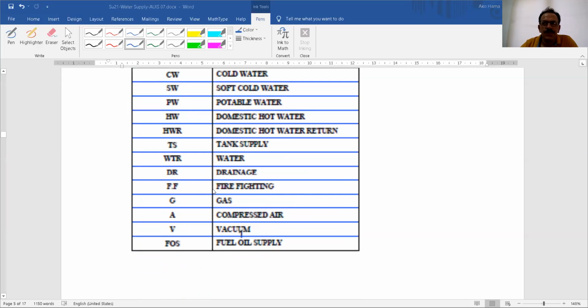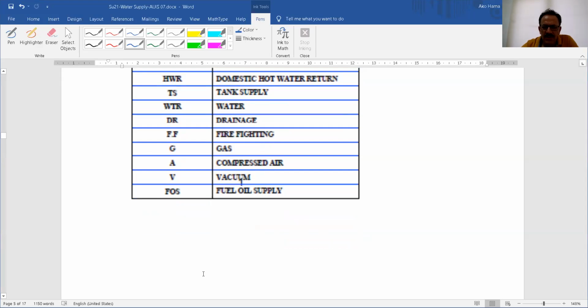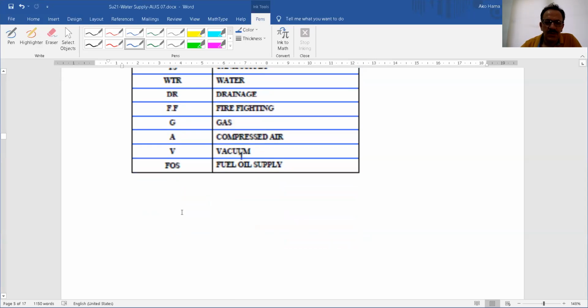Firefighting and sprinkler systems are also considered plumbing systems. The mechanical engineers will relate to this more, but you have to see that the design of this kind of services to the building is also called plumbing.